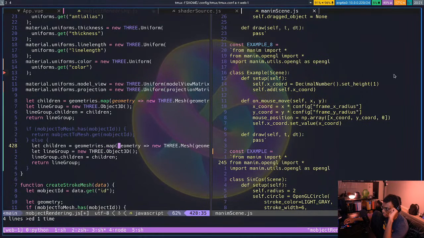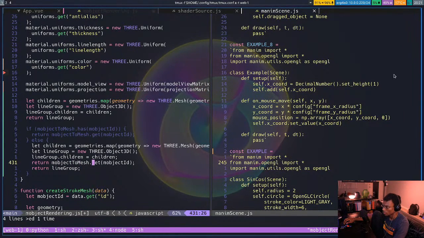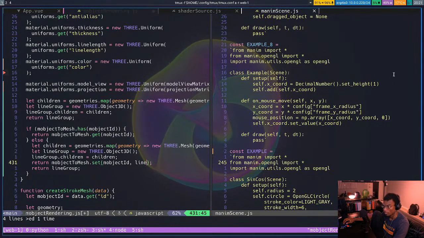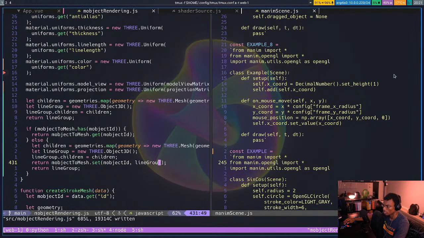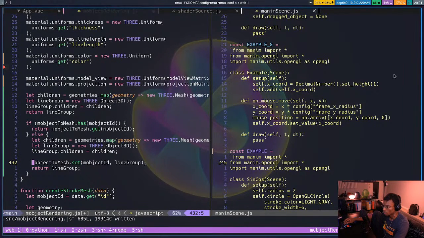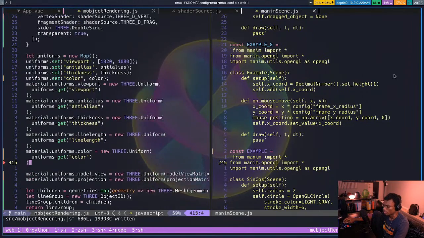Otherwise, I'll create this children array from those meshes. Create a line group, add those children, and return that. Then I'll have to set it. Set an object ID. Line group. I should really learn how to type line group. Oh, not return. Okay, so then